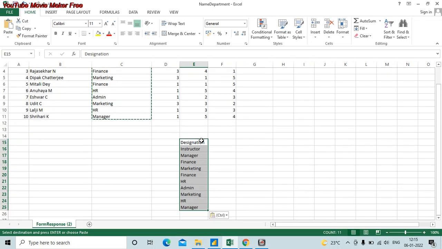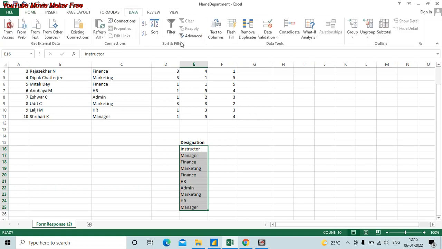Okay, so now that we have it, what we'll do is we'll select all the unique designations which are there and use this function of Excel called remove duplicates. So we'll go to the data tab and we'll do remove duplicates.